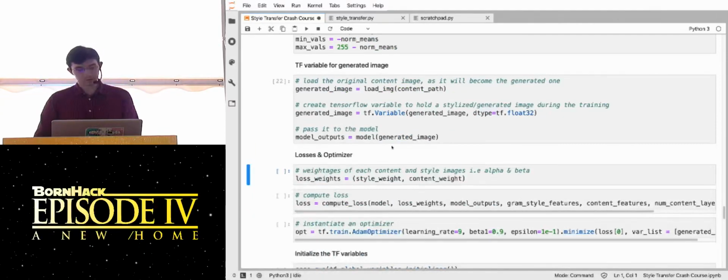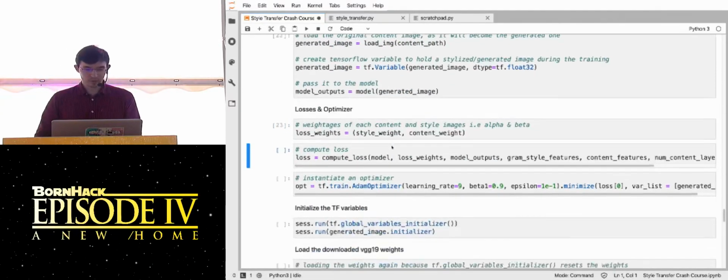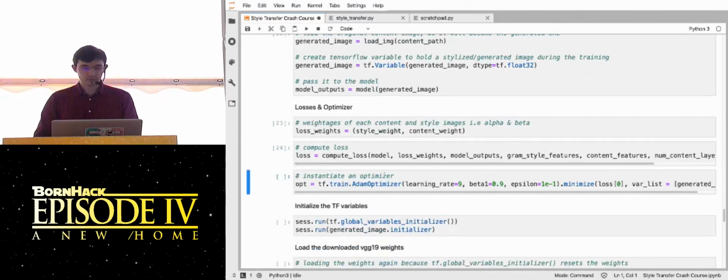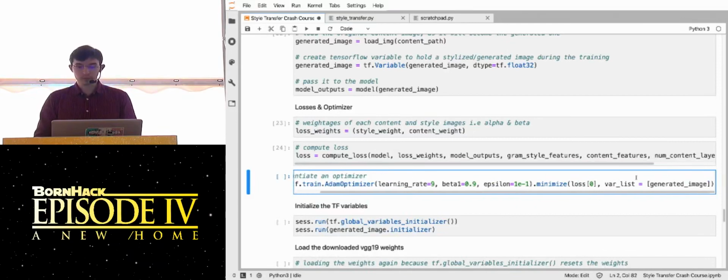We pack our style and content weight into one variable. We define the loss as we have already. And this is the final bit of magic. We use a solver function from TensorFlow, here the Adam optimizer, and we tell it to minimize the loss. We're going to be outputting both the total loss and the style loss and the content loss. So we're just trying to make it minimize the total loss. And the only thing that we're telling this function to be able to change is the actual image. So it's not making changes to the weights of the matrix. It's just going to be adjusting that very image. And we give it a learning rate, which just means how much can I change the image by at every step.